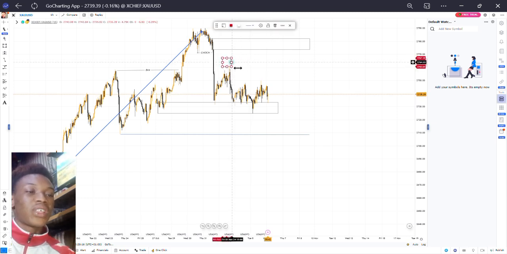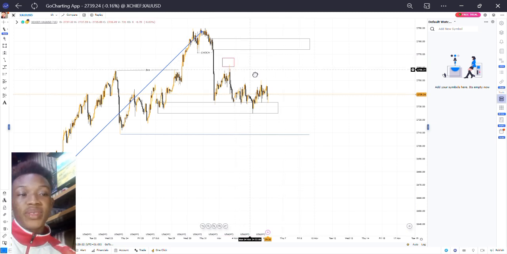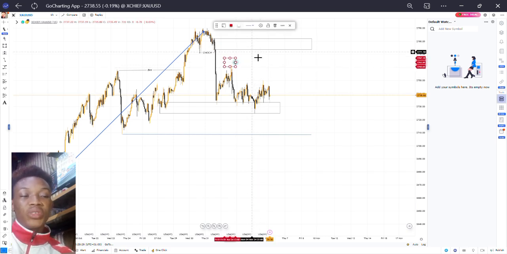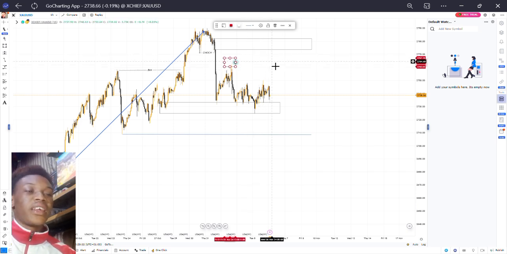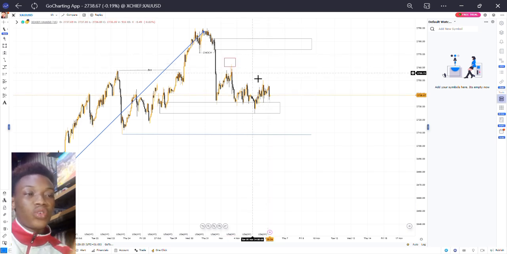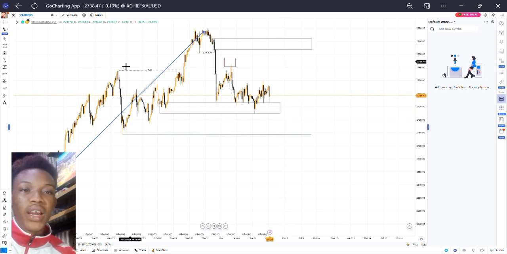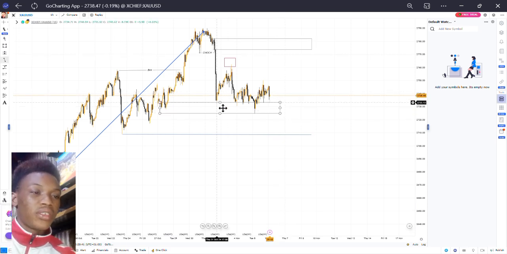So now at this point, sellers are in control. Why? Because this 50% level has been activated, guys, which is what? Building more inducement level at this point, guys, which is more like an inducement level for this point. So sellers are in control at this point, guys. Sellers are in control, and buyers are also in control. So two ways. What can I say inside of this point here? Since this is the low,